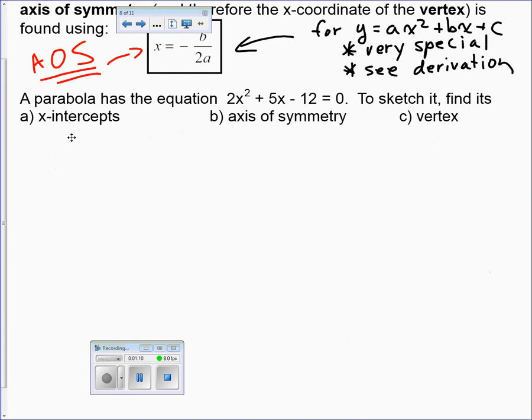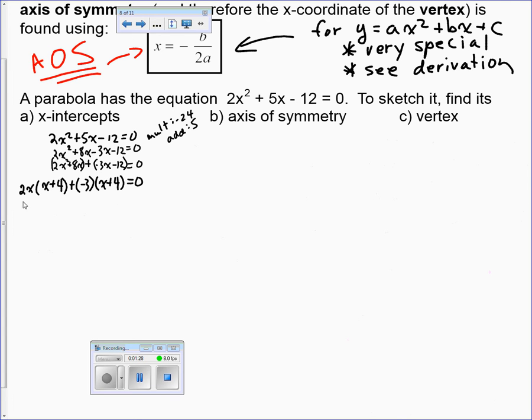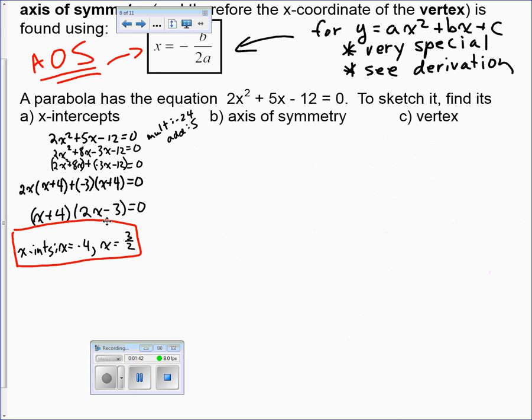Just like before, we're always going to start by writing our basic equation. If I look at this, I know I can factor this, right? I need a number that multiplies to negative 24 and adds to positive 5. I do my factoring by grouping, and I get something like this. Then I take the GCF of the first bracket, I get 2x, and the GCF of the second bracket, I get minus 3. And then we end up with something like this, which means that our x-intercepts for this equation are